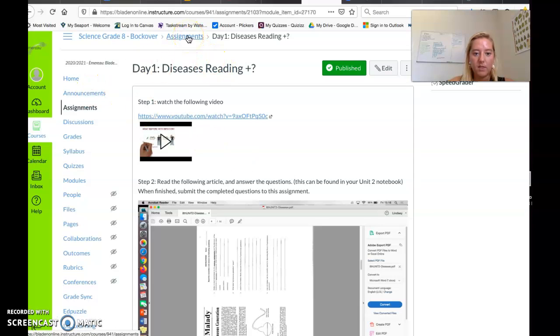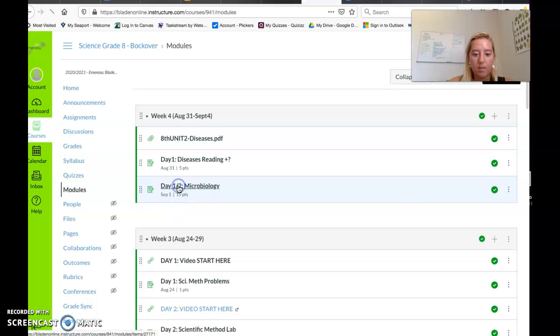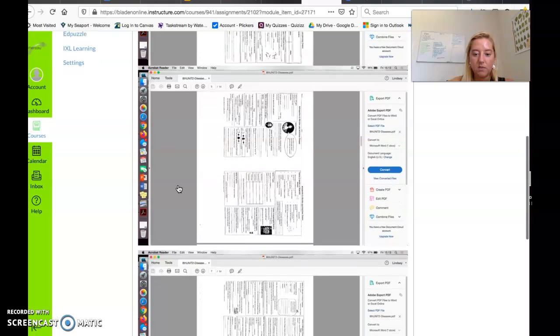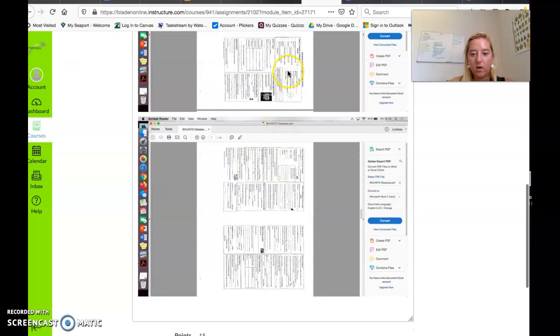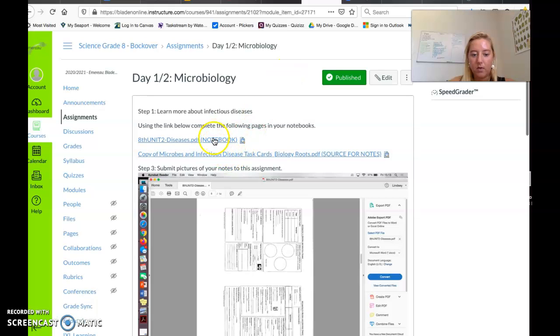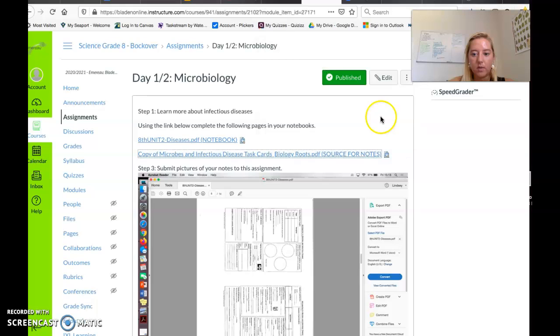Then after we finish that, because it won't take too long, we are going to start a microbiology notes unit. There are 3 pages of notes right there. They are for you if you want a quick heads up of what they are. They're in your notebook. You're going to click this link and it is going to bring up a PDF